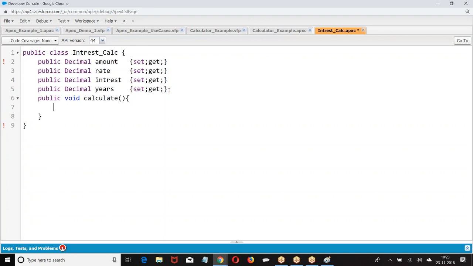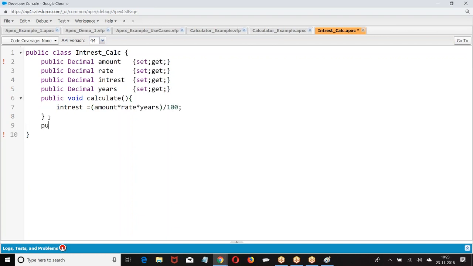Public void calculate. So we have given one more method, public void. The method name can be anything of your choice. It is a method. You can give anything of your choice.